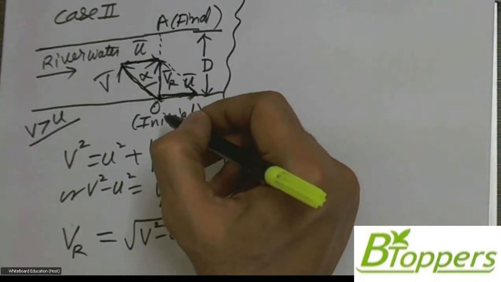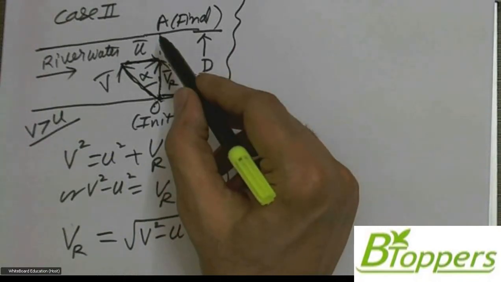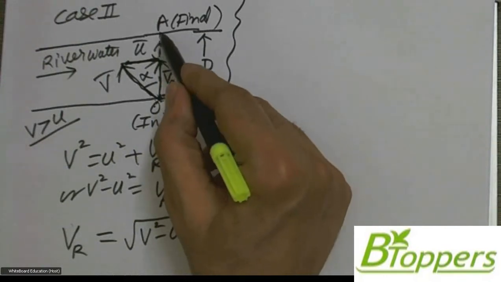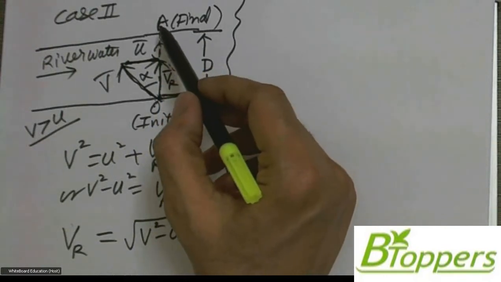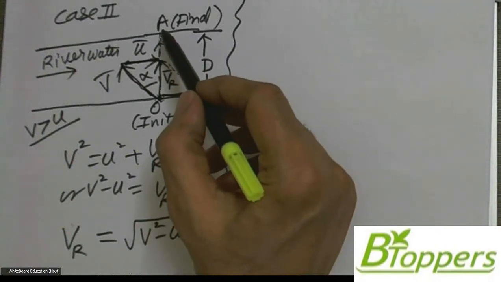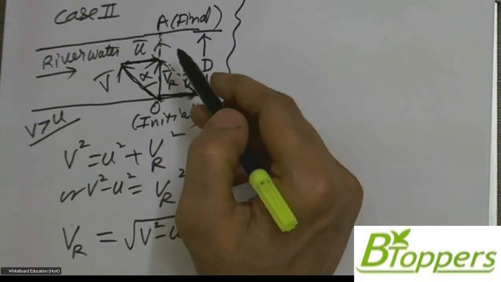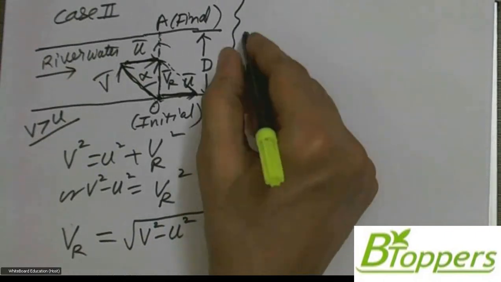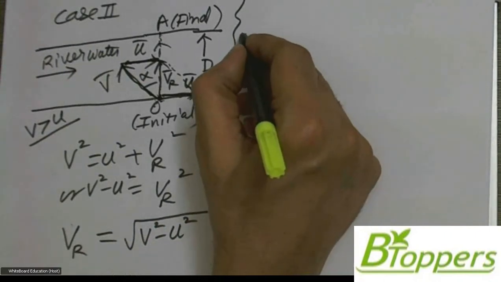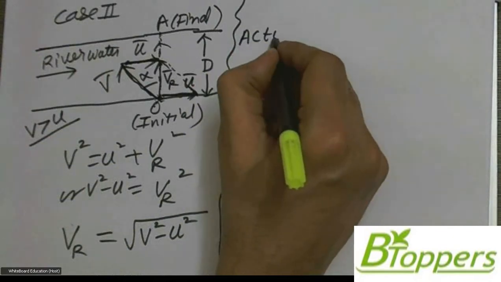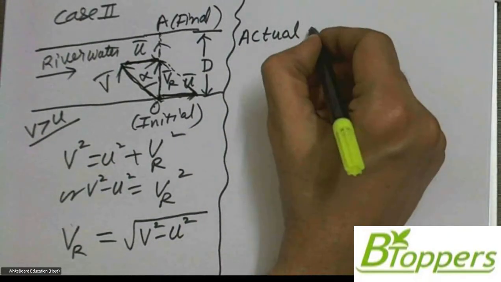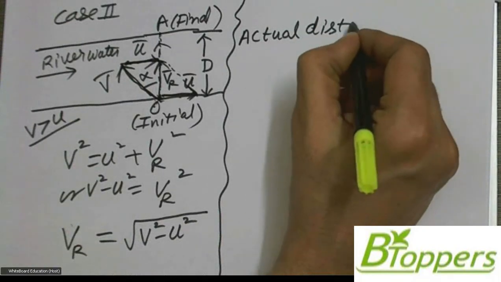Y is the initial position of the boat on one bank of the river, and when the boat moves along the minimum distance path and reaches the exactly opposite point on the other bank, the actual distance covered is same as the width of the river. So in general, when the body moves with constant velocity,